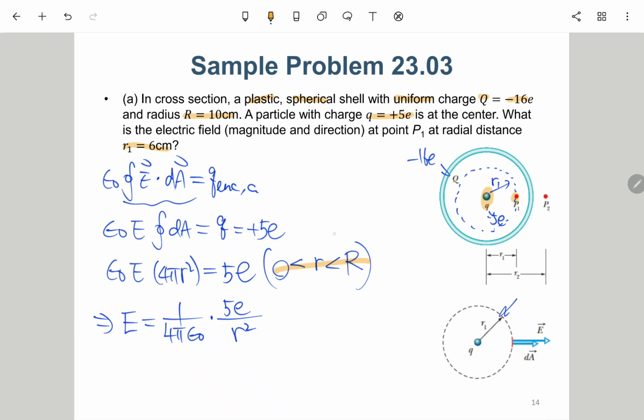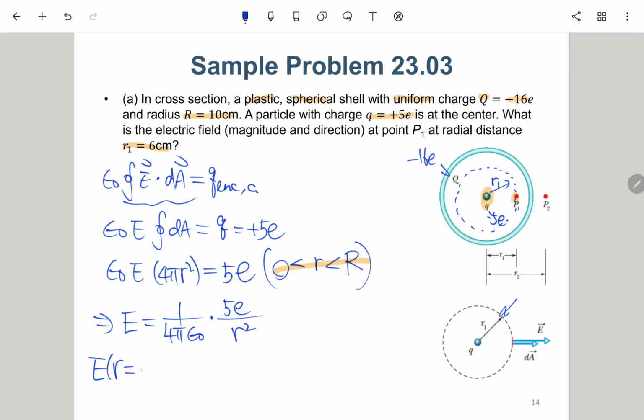But actually R1 is only one variable between 0 and capital R. Finally, we can of course plug in R to be R1, so that we will know the E field at the point P1. But this is just a general expression. So this is the expression, and then we can compute E